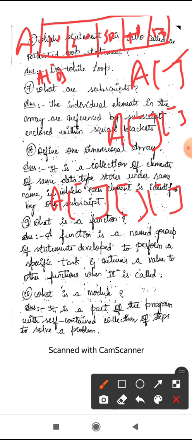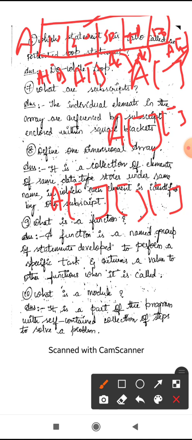Always array's first index or subscript will be starting with 0, then 1, A of 1, A of 2, A of 3, and then A of 4. So for example, 20th element is accessed using the subscript A of 1. Okay, so like this subscripts are defined. So subscript means what? The individual elements in the arrays are referenced by subscript enclosed within the square brackets.